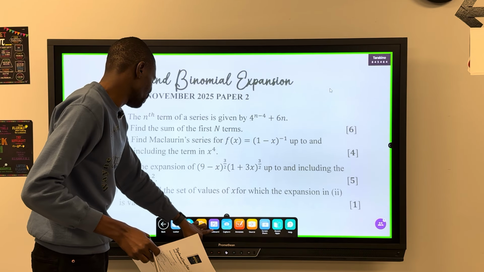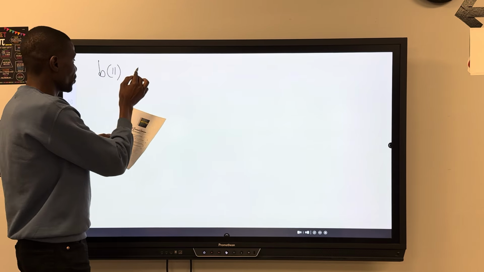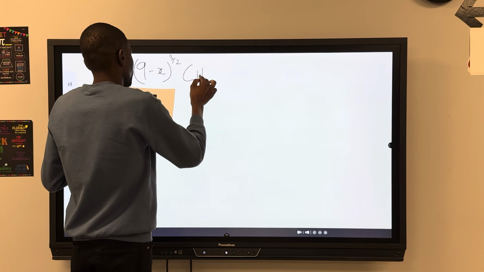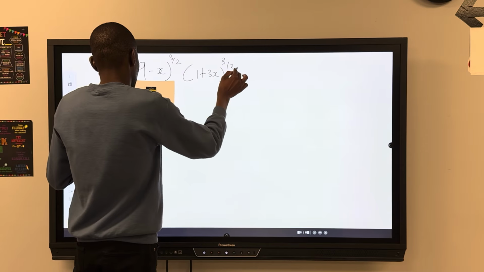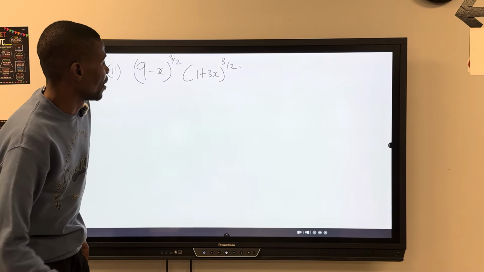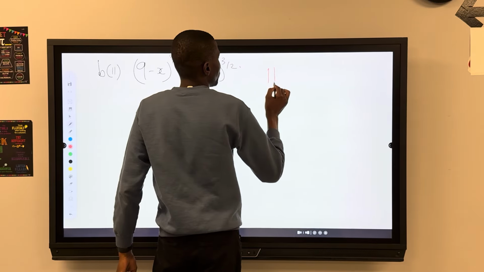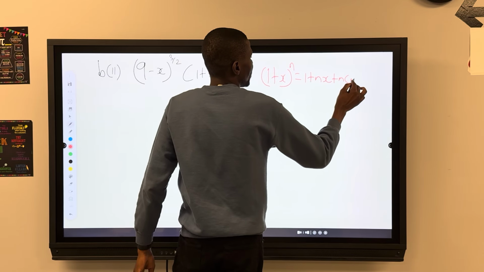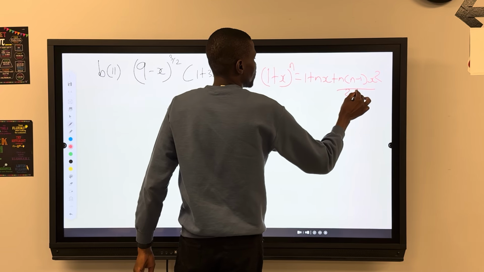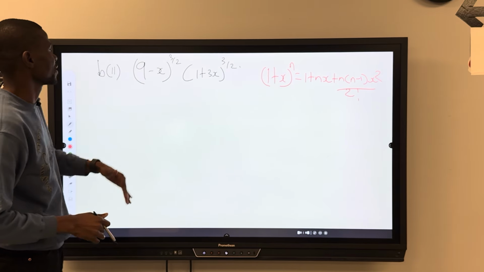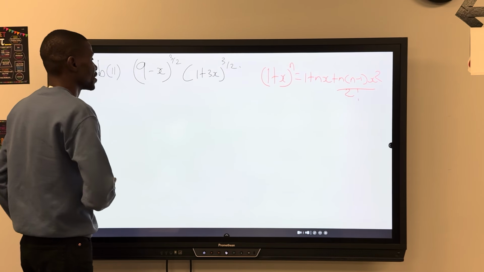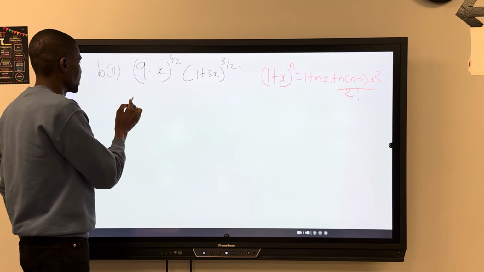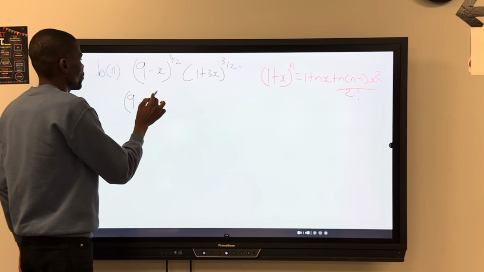Okay, so now let's come back here. So we want to expand (9 minus x) to the 3 over 2, times (1 plus 3x) to the 3 over 2. Right. So first, I want us to use this: (1 plus x) to the n is equal to 1 plus nx plus n(n minus 1) x squared over 2 factorial. So I'm going to expand this separately, then we combine, making sure that we get rid of any powers higher than 2. Right. So if I start with this one, (9 minus x) to the 3 over 2,